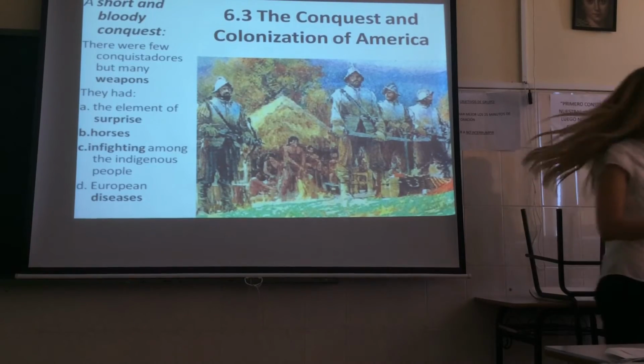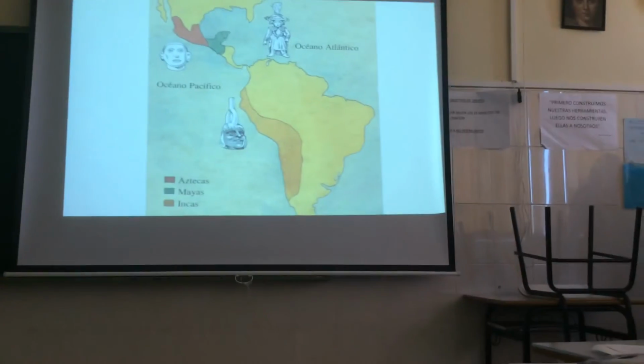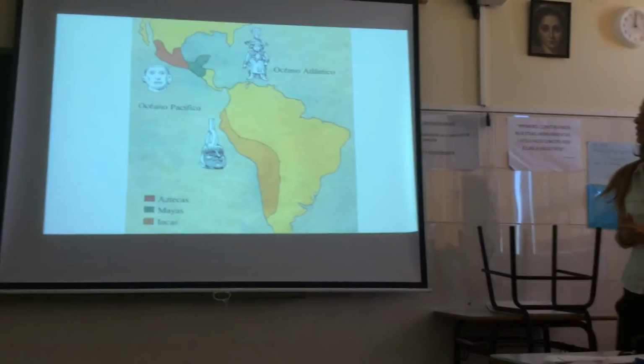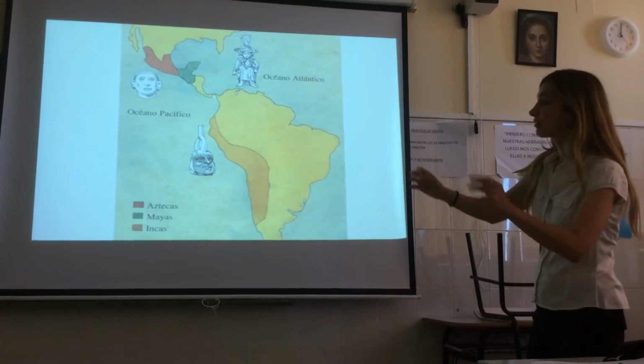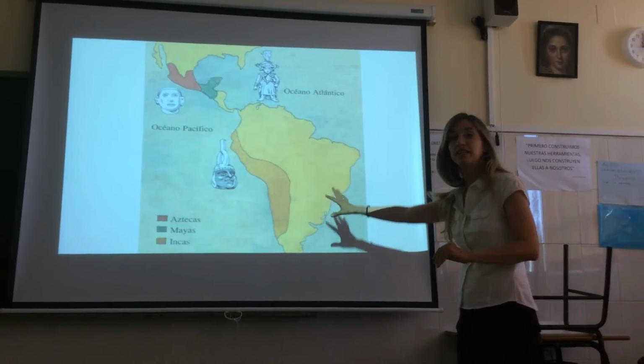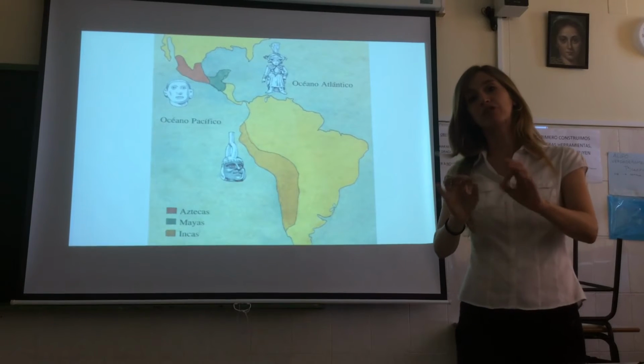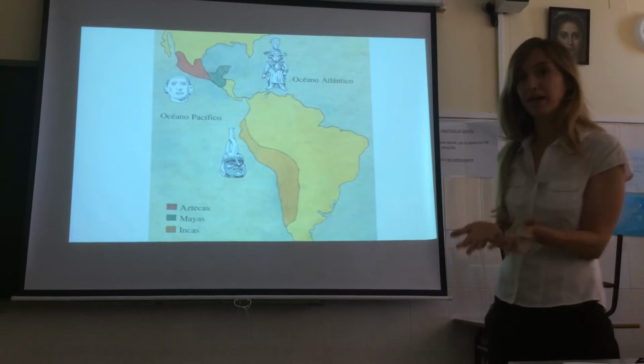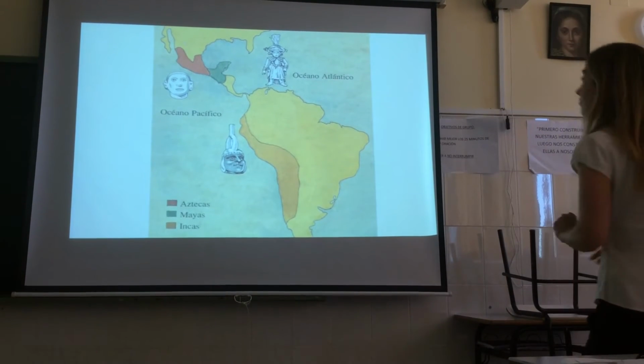So they actually didn't have to kill them because they were already dead because their diseases sort of arrived before them, right? Continuing. This is just a map that we saw in class that basically shows the general areas for the Aztecs, the Mayas, and the Incas, right? There's many, many, many small tribes between each of these, but these are the big empires that each fell one after the other.